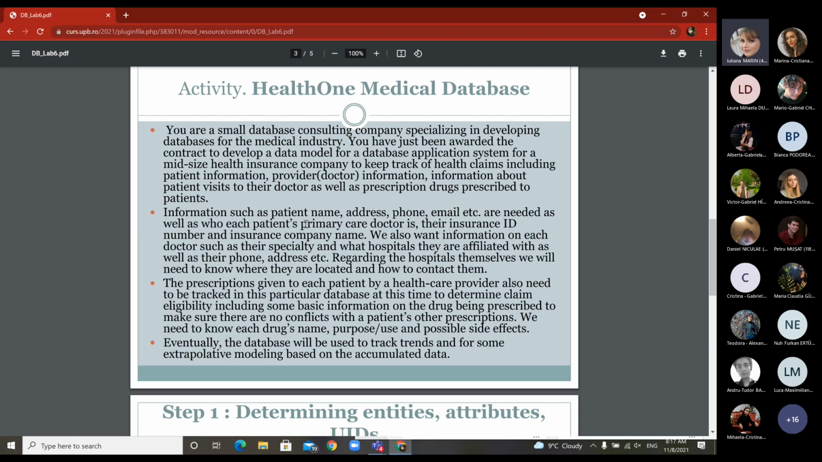So it will be the family doctor, in fact. And this one will be a foreign key. And you also have for him this insurance ID number, as well as the insurance company. And for a doctor, you want to find out his specialty, as well as